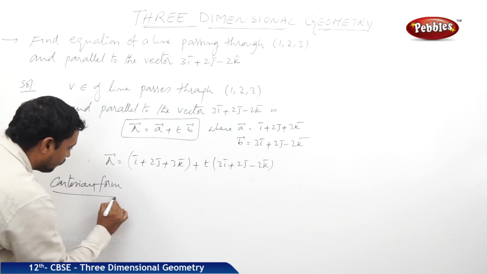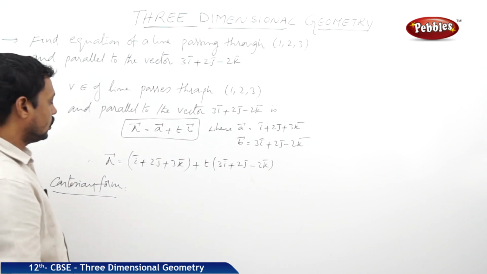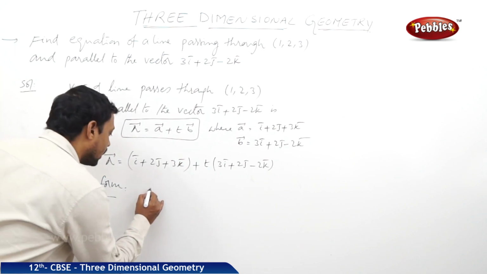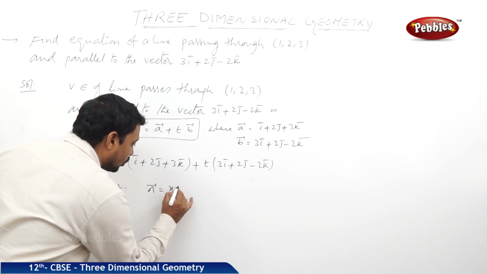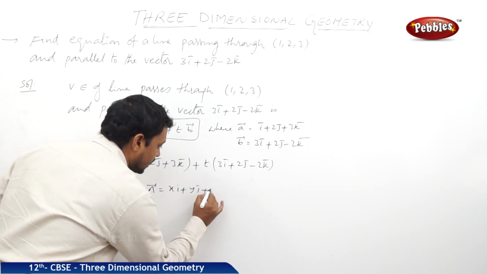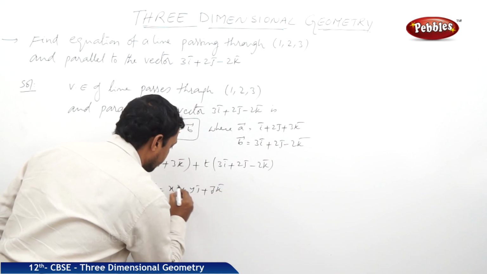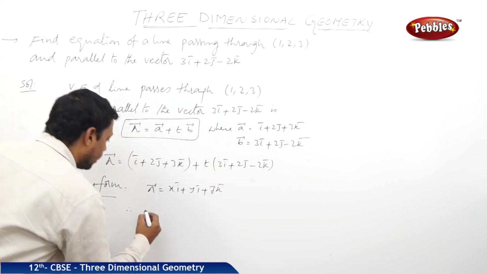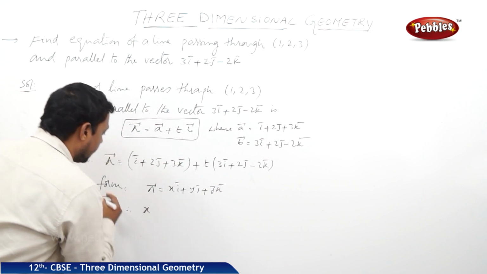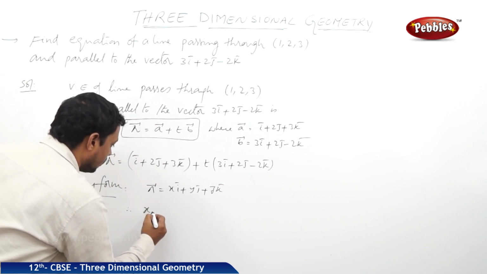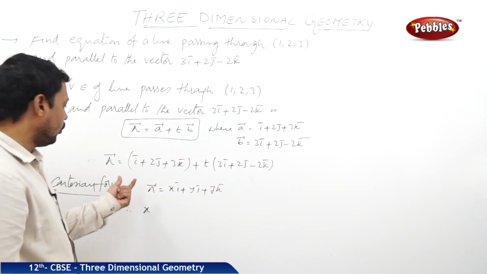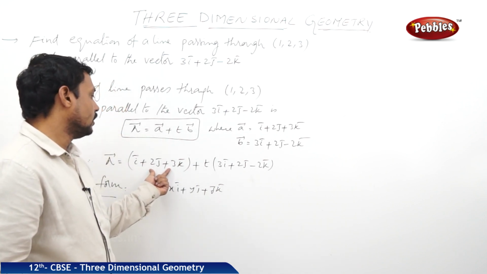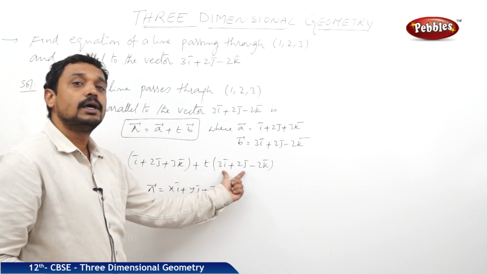What is the Cartesian form of this line? To get the Cartesian equation of a line, we need to consider the vector r bar equal to xi plus yj plus zk. Now on the substitution, it becomes x minus x1. Already we have the Cartesian form of a line that passes through a fixed point a bar and has a parallel